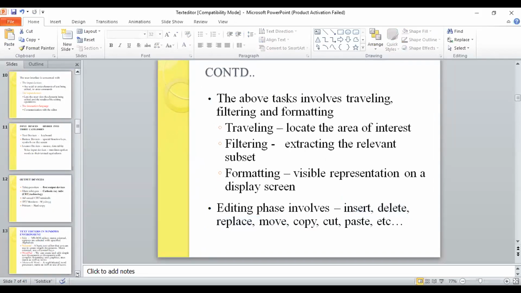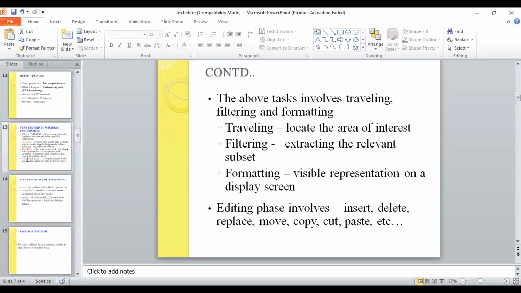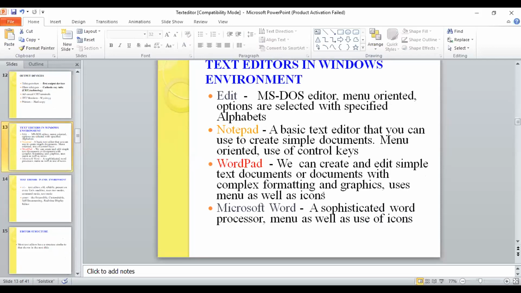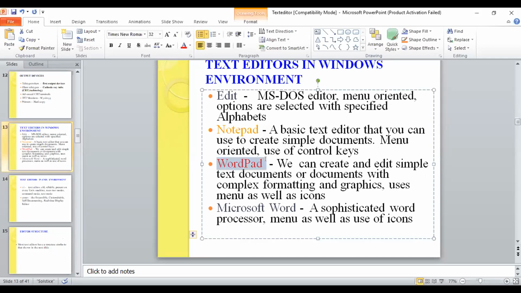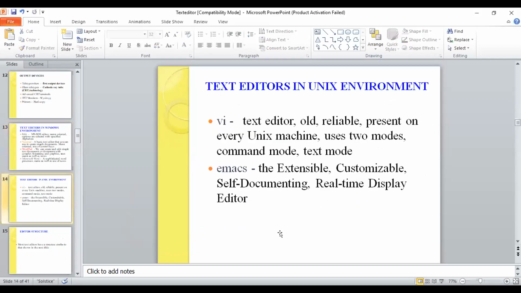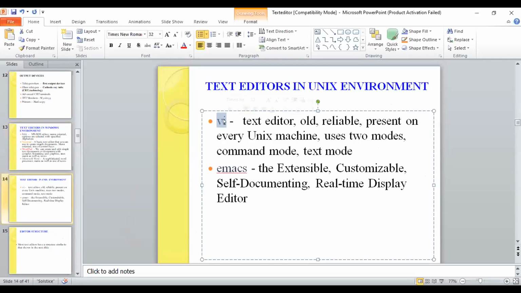Just wait, I will share that content. Just for your knowledge, you can see the environments: Notepad, WordPad, Microsoft Word, then VI for the Unix operating system, and Emacs and Pico are among the text editors in the Unix environment.